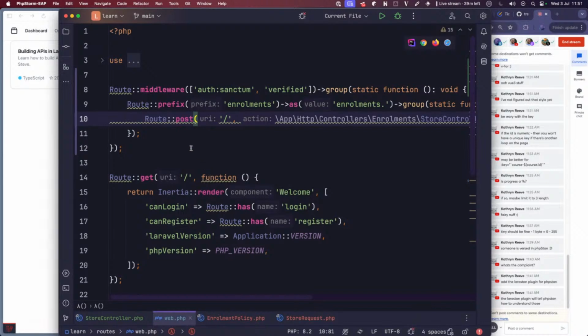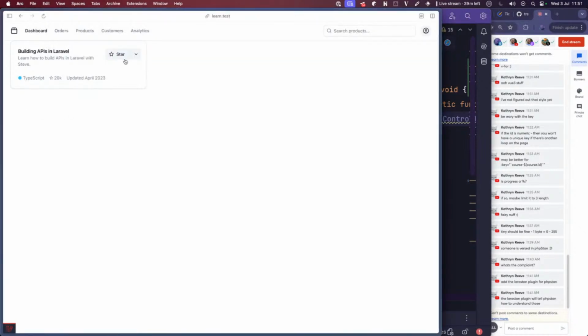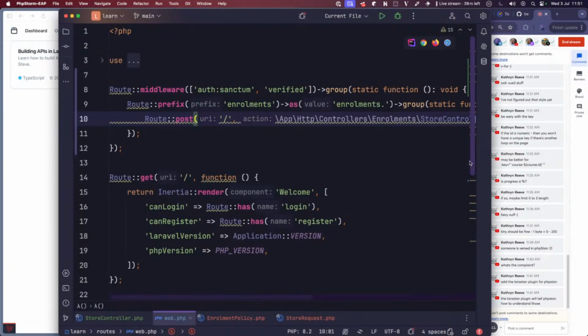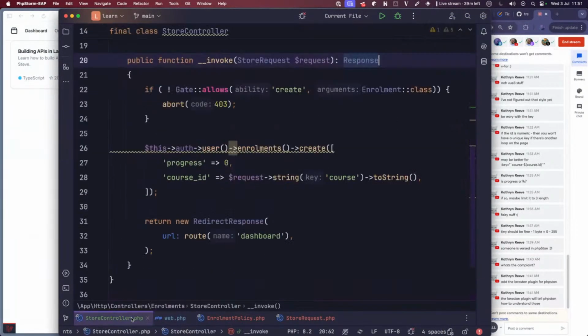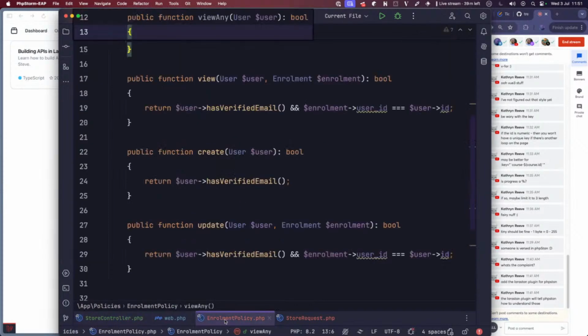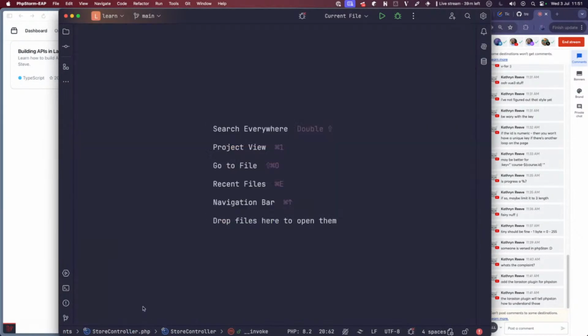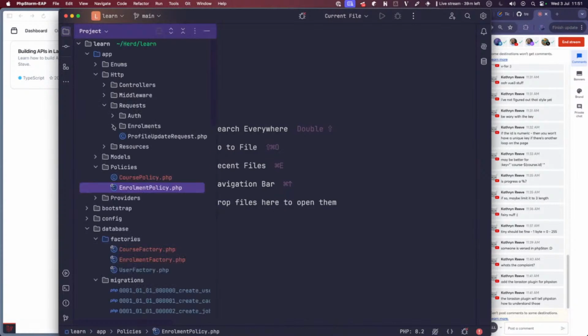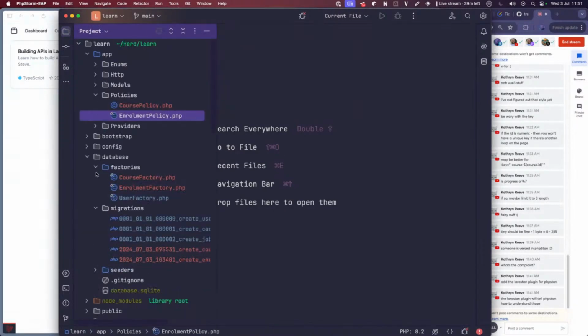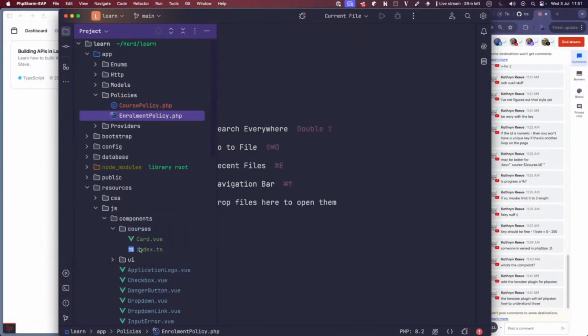So maybe what we can do is like that star button there. What we could do is make that into an enroll on this course, and it'll enroll and it will kind of look like it's enrolled or something. Okay, so that bit's done, that bit's done, that's done, and so is that. So now on this card over in our components,